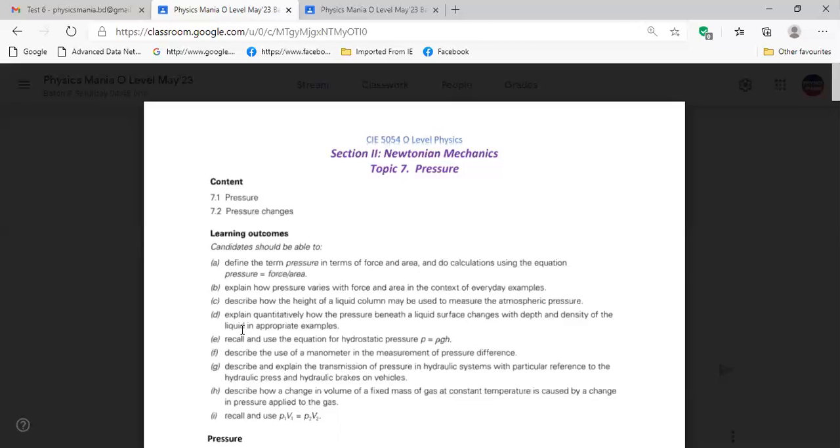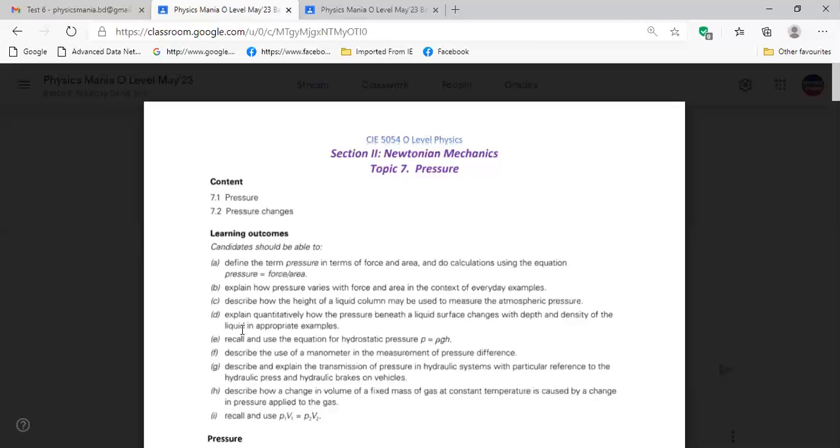We have lots of experiences about the formula. This formula, pressure equals force by area. That one we are having in learning outcome B. Now the thing we are going to discuss, that one is completely new for you. That's related to the liquid pressure. Okay, especially it's related to liquid pressure